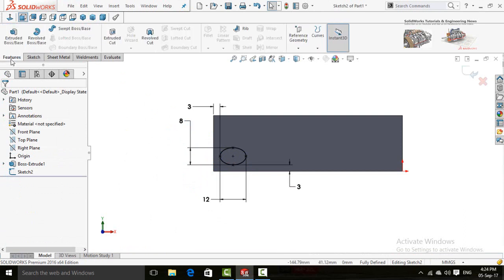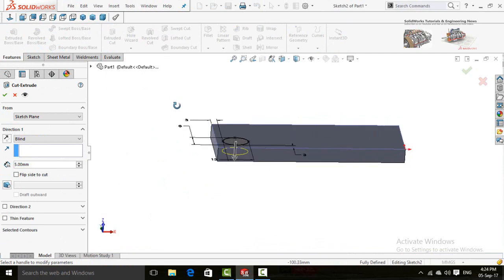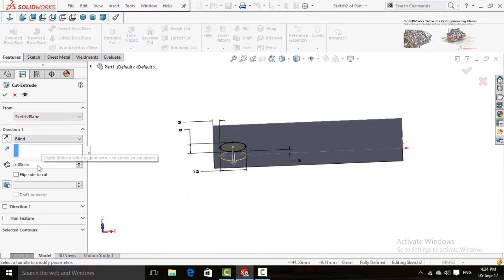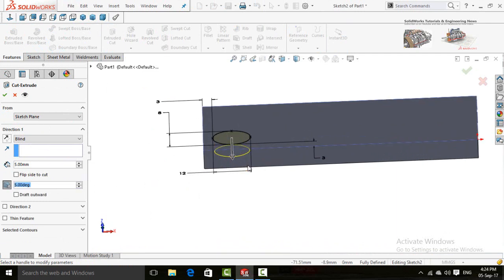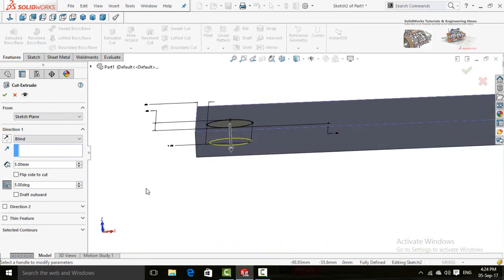Now in the features tab select extruded cut command, cut it up to 5 millimeters and then turn on draft. Increase the degree up to 27 and press OK.